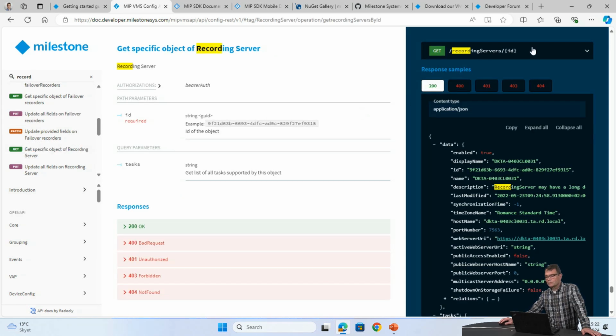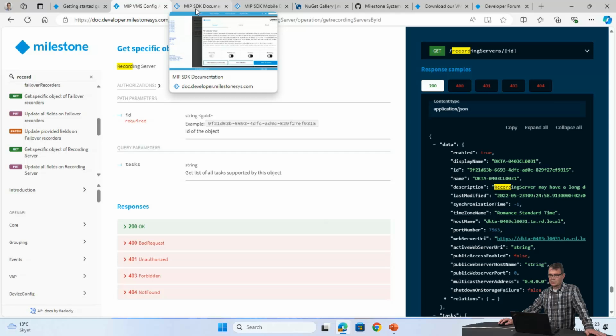And to the right here you see what can you do, what can you send towards this REST endpoint, and what should you expect to get back. This is so very different compared to presenting C# classes. So that is why I don't think we would be able to make one documentation site.